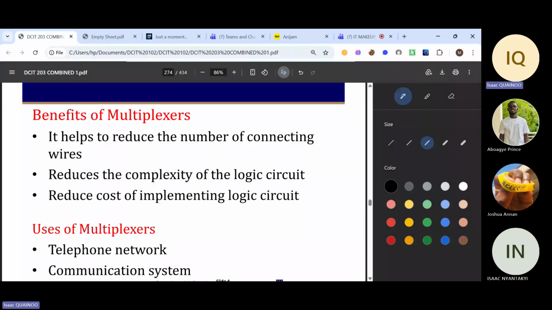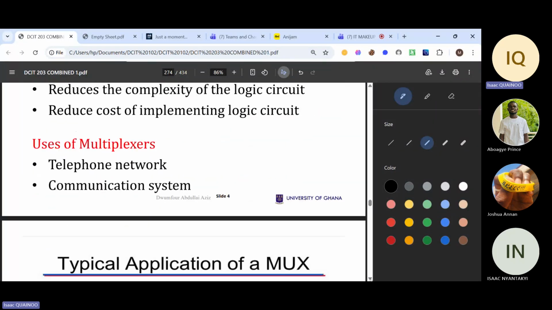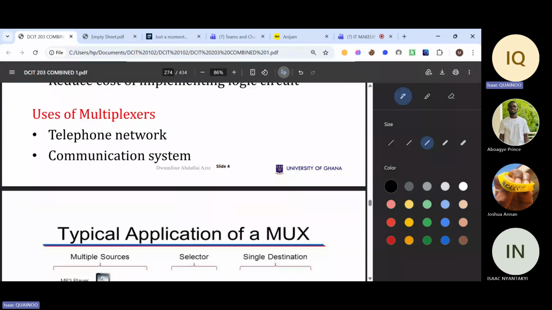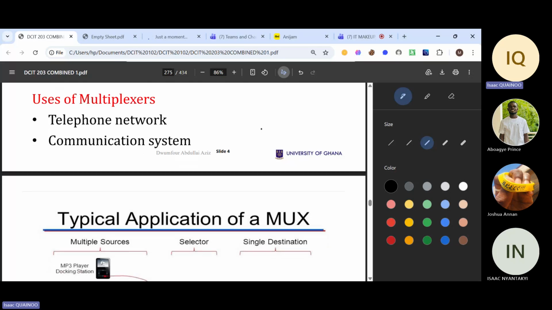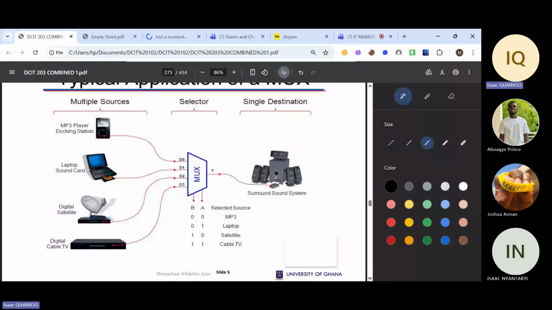We said that it helps to reduce the number of connecting wires, it reduces the complexity of the logic circuit and reduces the cost of implementing the logic circuit, since it makes the logic circuit simpler. That means the corresponding cost will be lower. And then the uses of a multiplexer: it is used in telecommunication networks and communication systems. Below is an example. You can see the multiplexer here, and there are four different devices connected to the multiplexer that are sending